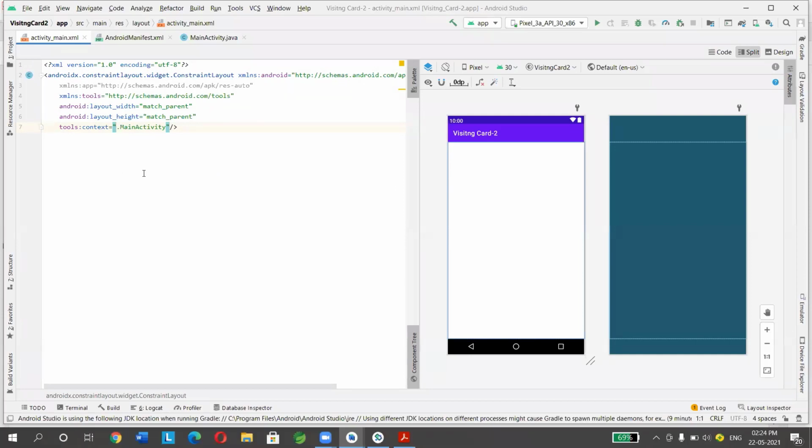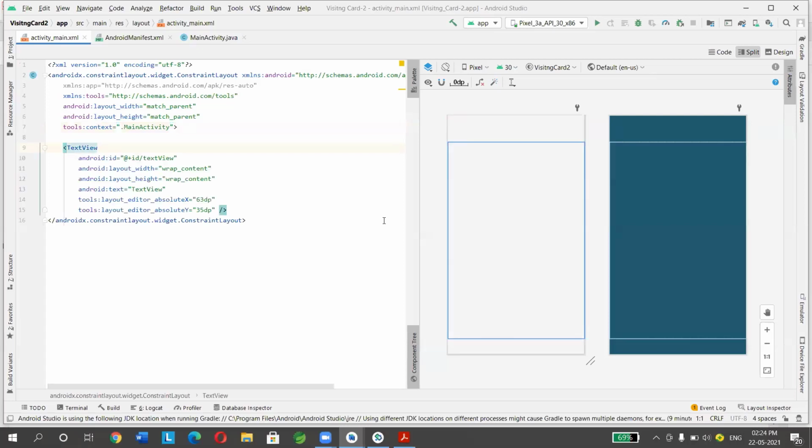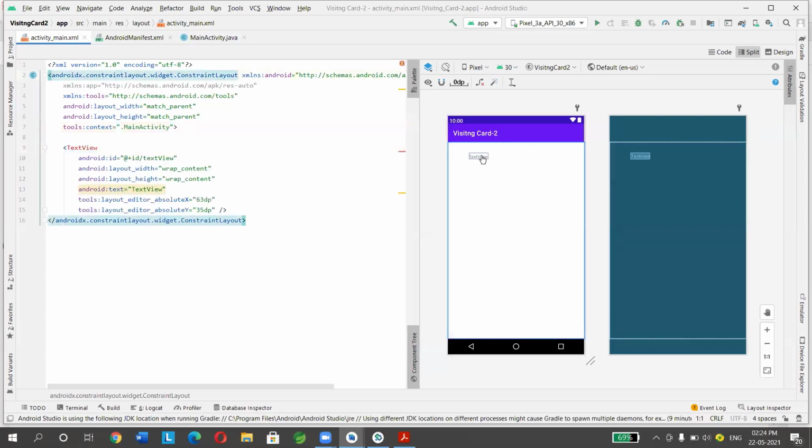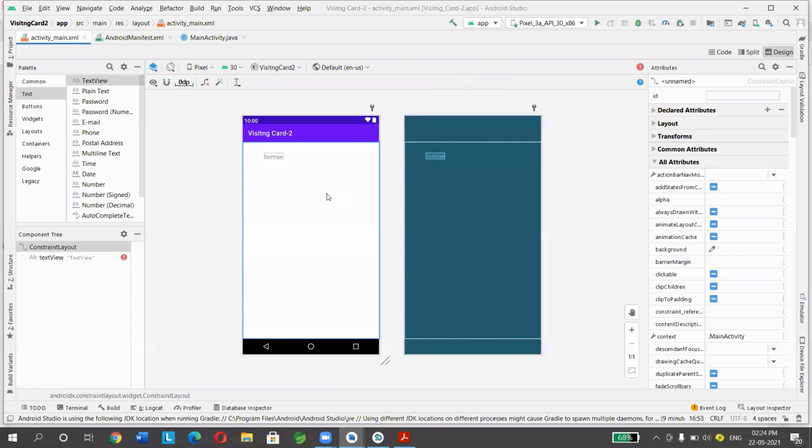You can drag and drop here. I dragged and dropped a text view, and automatically the code is generated. So go to text, then drag and drop the text view onto the activity area.